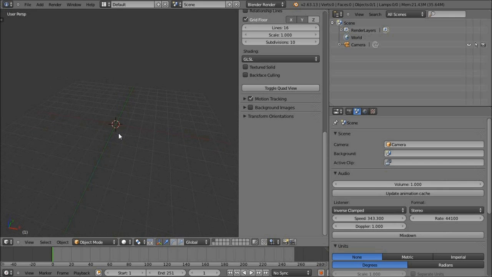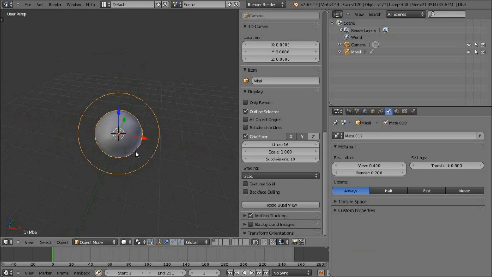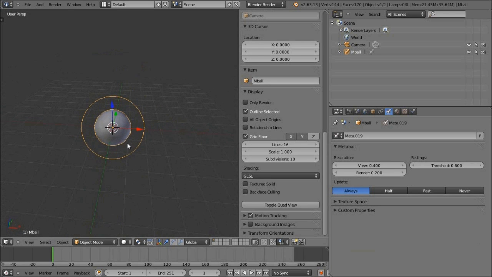We can just find these with the Shift-A shortcut key, just to bring up the Add menu, and we can see our Metaballs there, or Meatballs as I sometimes read it for some reason. And in here we've got our basic primitives, so I'm just going to select Ball, as the simplest example really. So these are pretty good for certain types of organic objects, as well as certain types of special